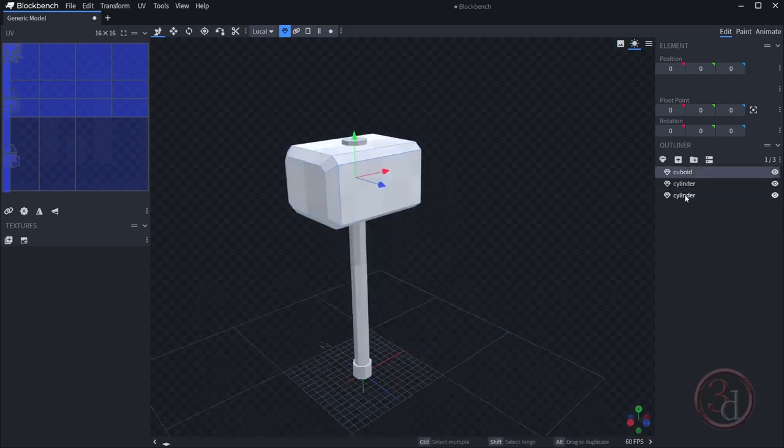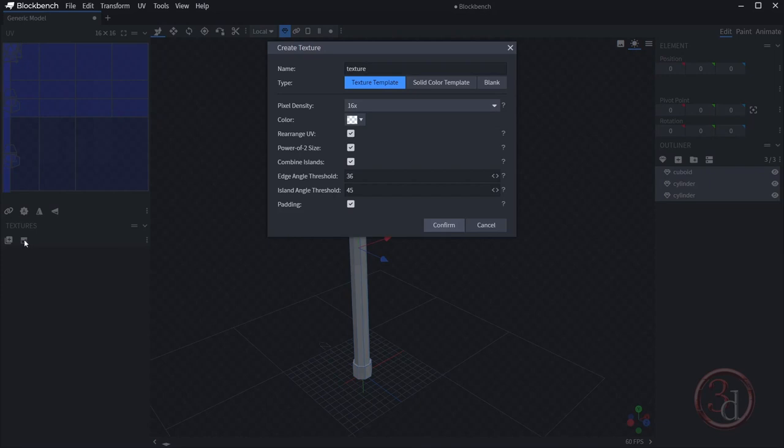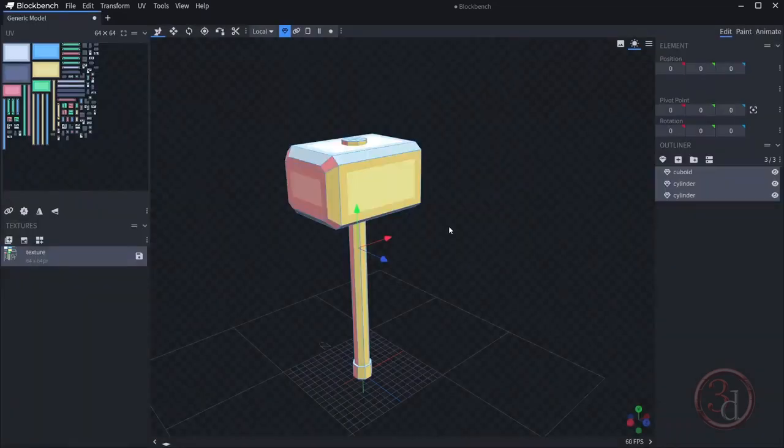Select all of these. Okay, and now come over here and click on this create texture button and keep the settings as is. Uncheck the combine islands and click confirm. So what it has done, it has created UVs and assigned different colors to it. Okay, so let's come over here